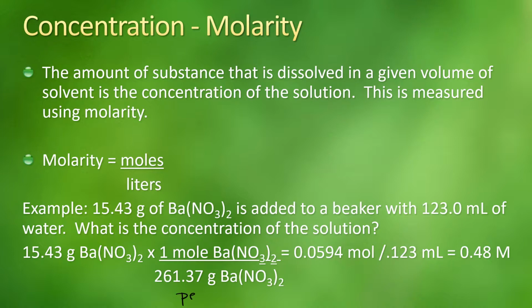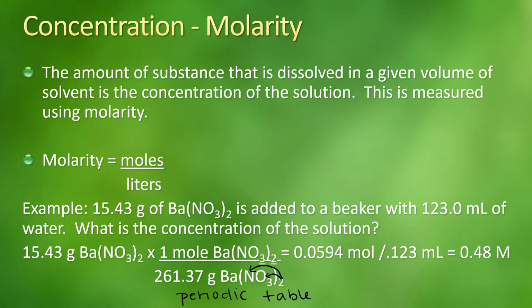Remembering the molar mass we get from going to our periodic tables, and we're going to look up the individual masses of all elements involved in the compound. We then multiply them by their subscripts. So we're going to take the mass of barium and we're going to multiply it by 1 because there is 1 barium atom. We're going to take the mass of nitrogen and we're going to multiply it by 2 because this little subscript on the outside of my parentheses tells me there's 2 nitrogen atoms. We're going to take the mass of oxygen and multiply it by 6. Again, distributing my 2 to everything inside the parentheses. Adding them all up, I get